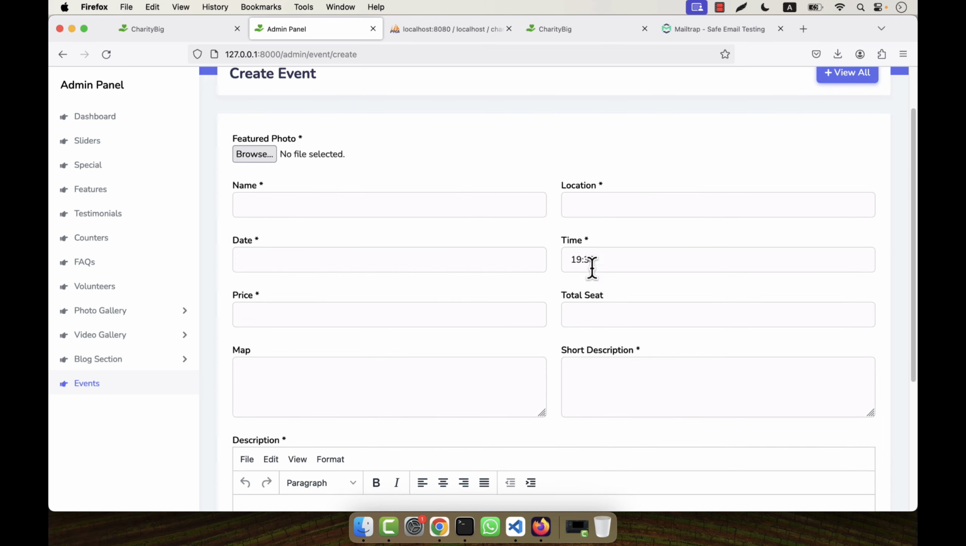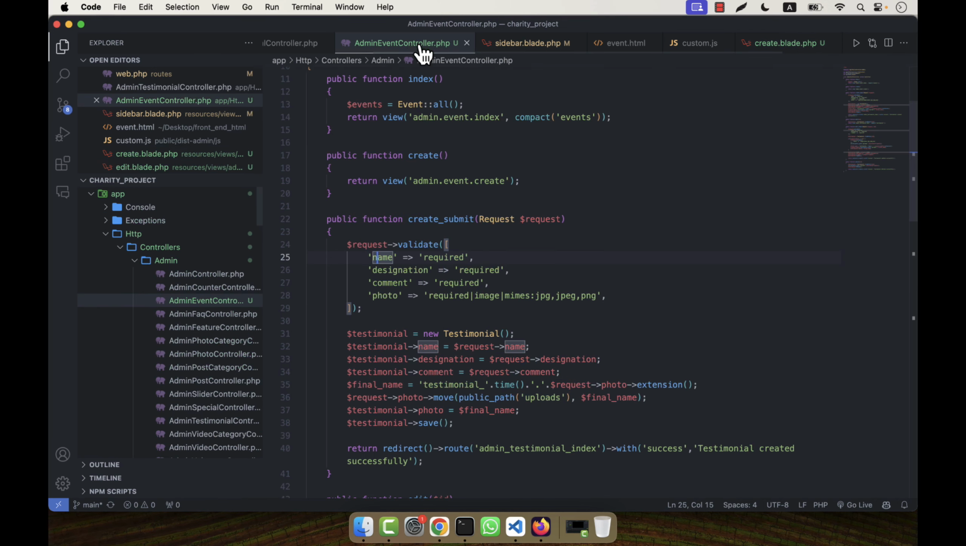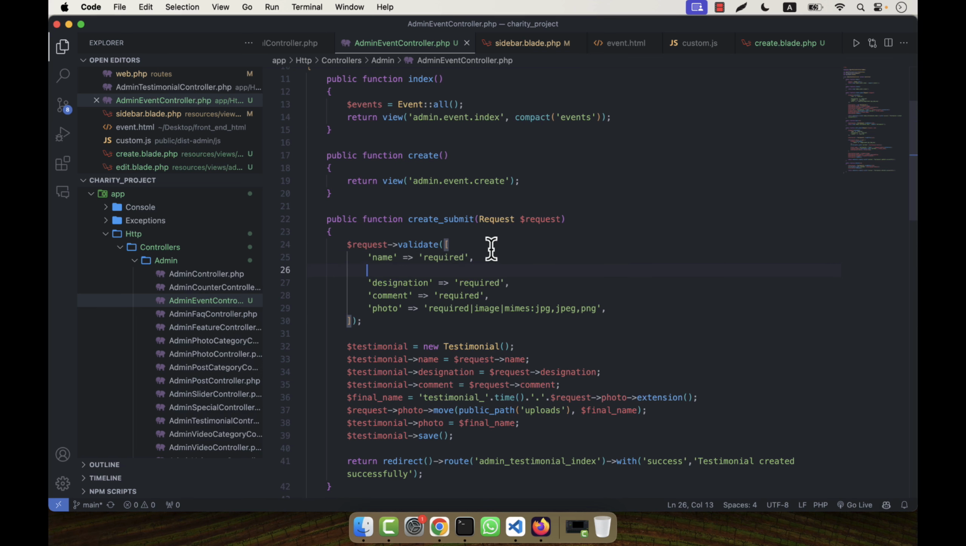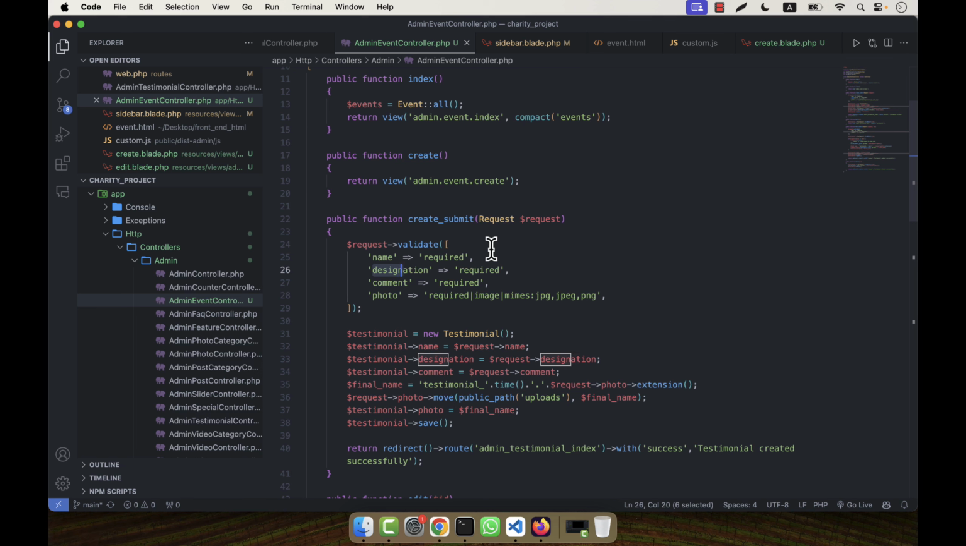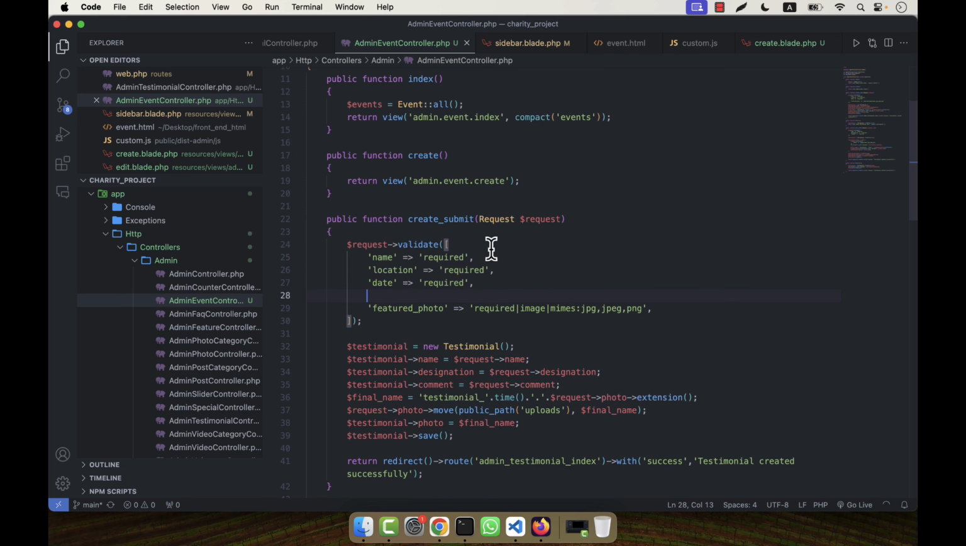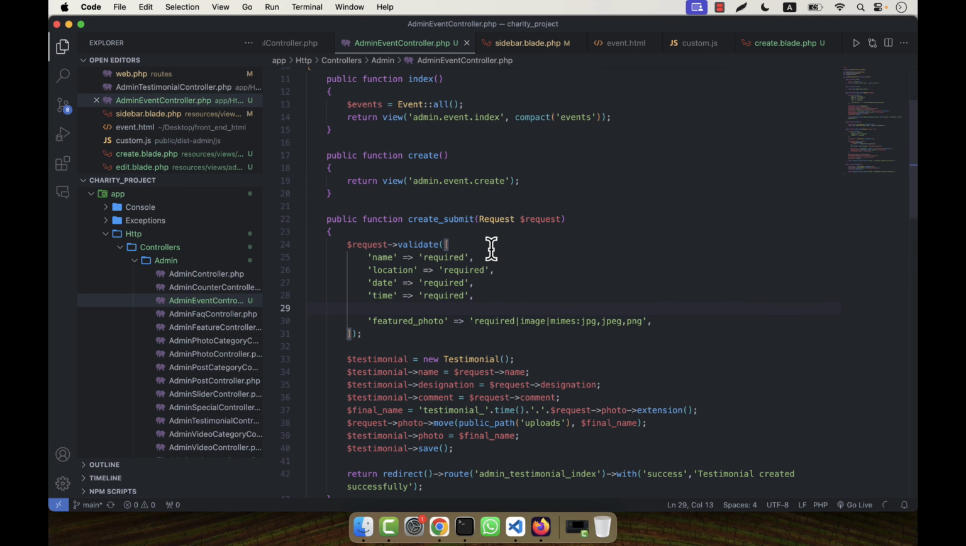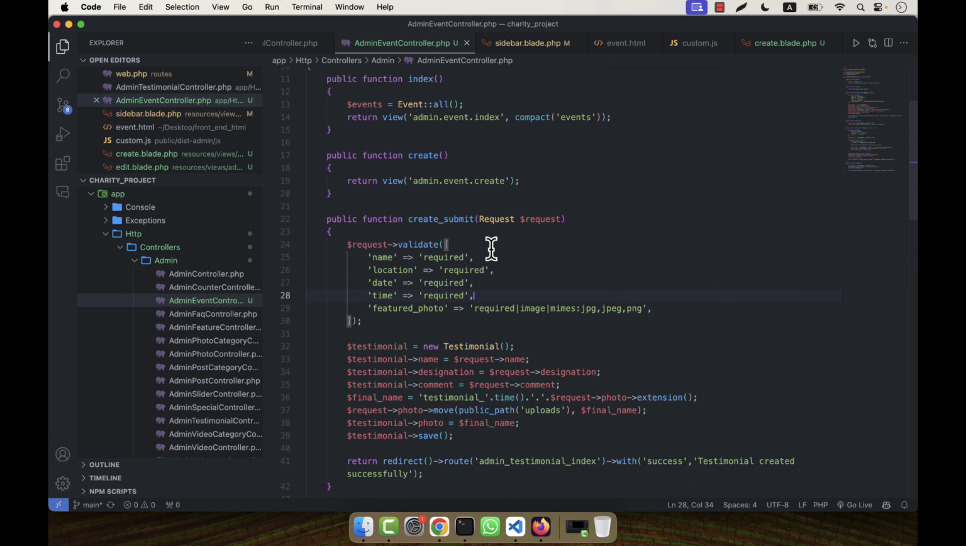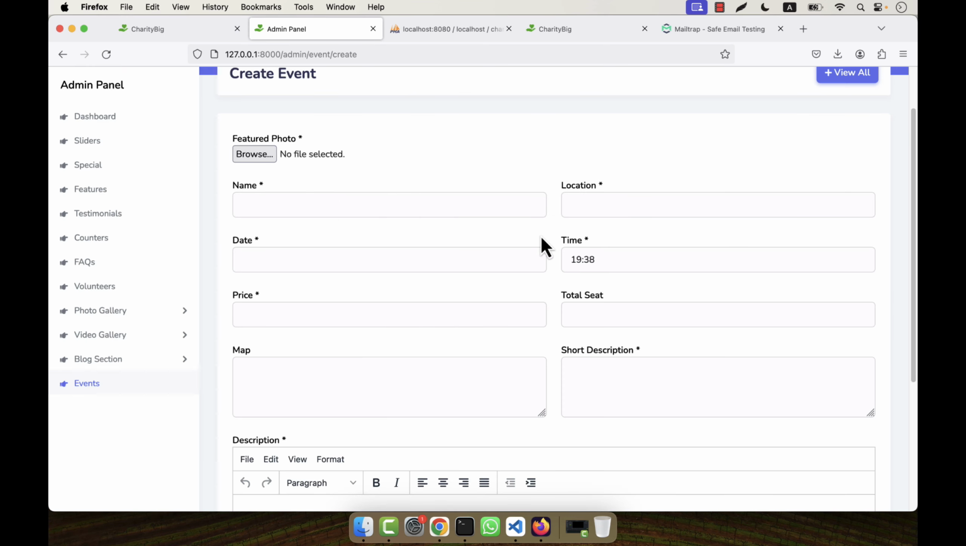Now name, location, date, time. So I will check it here, name, then there will be a location. It will not be designation, it will be location. Also featured photo will be mandatory, and the name will be featured photo. Name, location, then date required, then time is required, then photo. So name, location, date, time, photo, and there is price, short description,